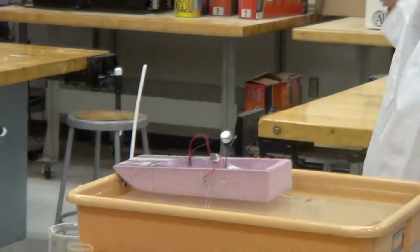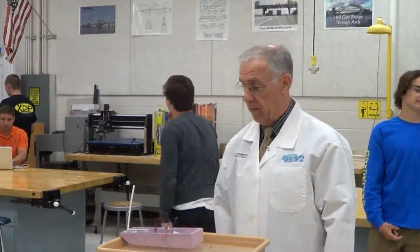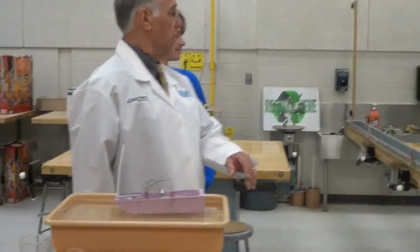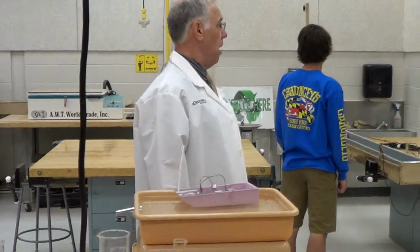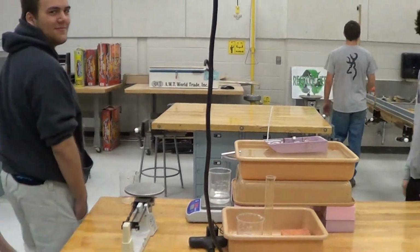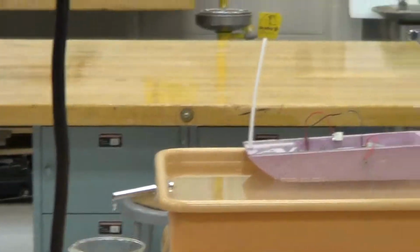Now, does anybody else have their boat ready to go to run down the tank? Yeah, I think ours is ready, isn't it? Is it ready to go? We got the swamp prop one. Yeah. You have a timer on it, RJ? It's just the cargo. I have nothing else. All right, let's get a cargo block, RJ. Come on. All right, so